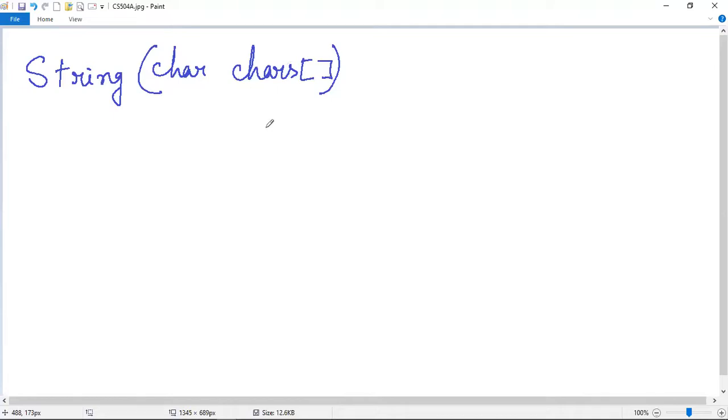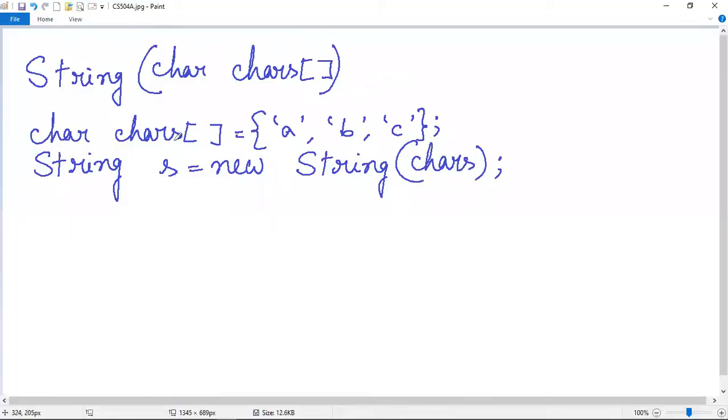So let's take an example to show you this. Here you can see that this is a character array that we have taken in Java. This is the array name, chars, that I have given. And these are the values of the array. That means this array has a size of 3 and it contains these 3 values, which are characters A, B and C. Now we are creating a String class object, which is S, and here we are passing the array. This is the array name that I have given. If you give some other name to this array, then you have to write down that name here.